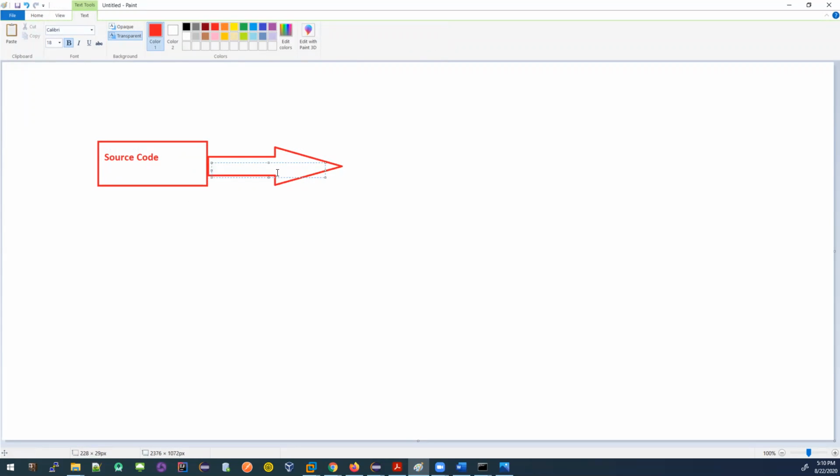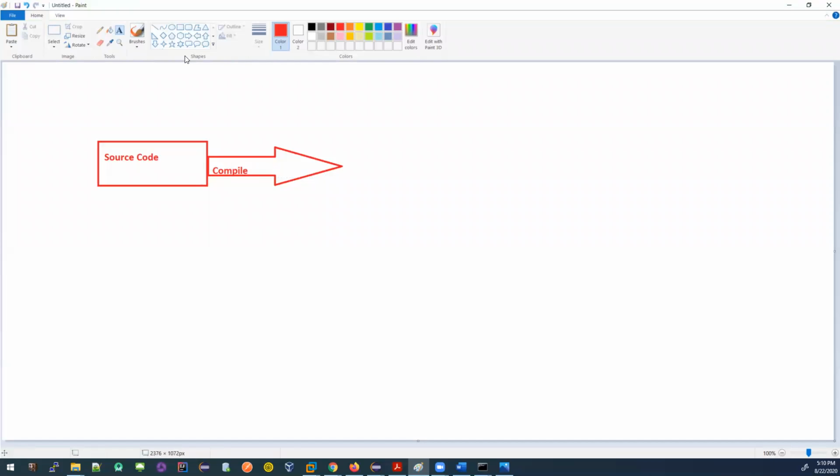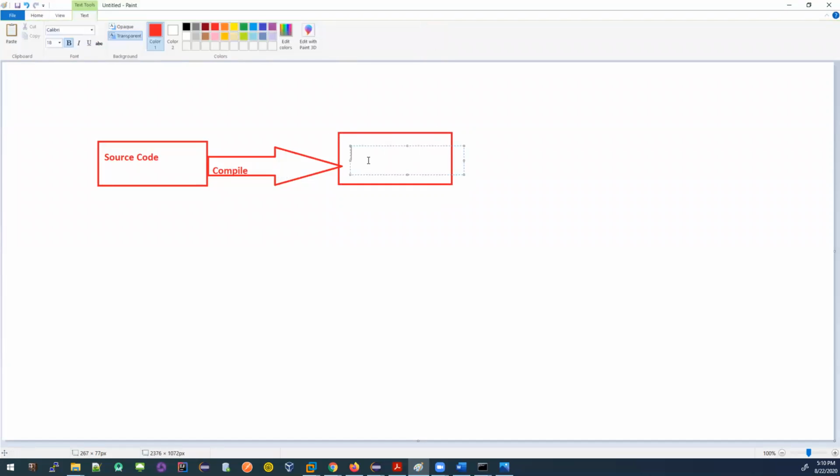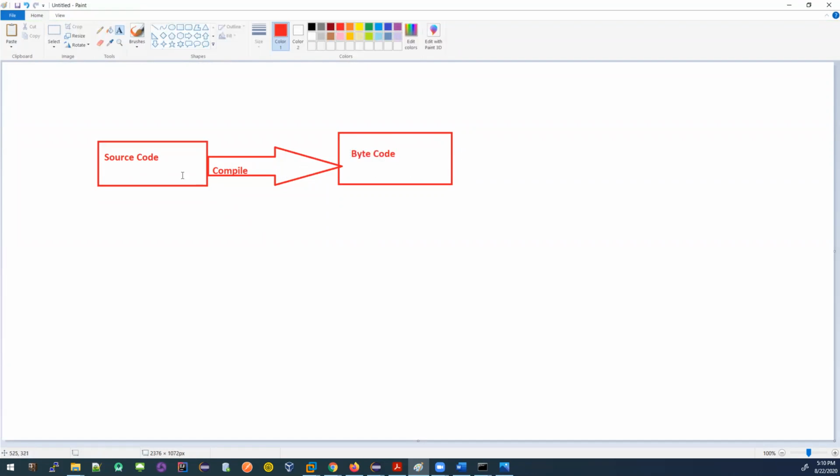Compile. We'll compile this source code. Once we compile this source code, then what are we going to get? Bytecode. We're going to get bytecode. So we are compiling source code and we are getting bytecode.